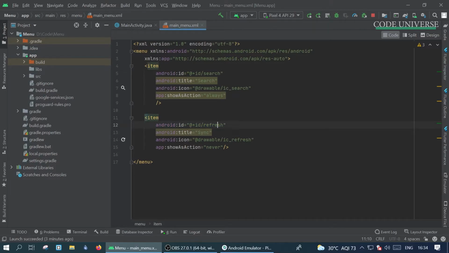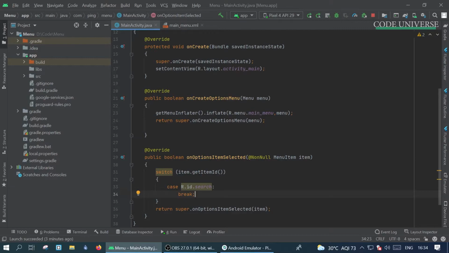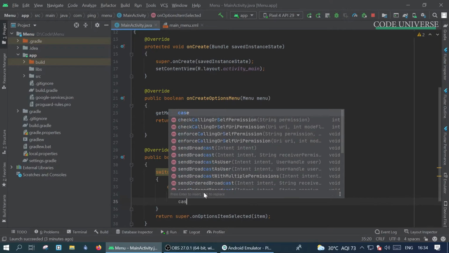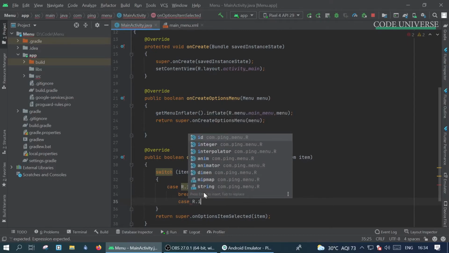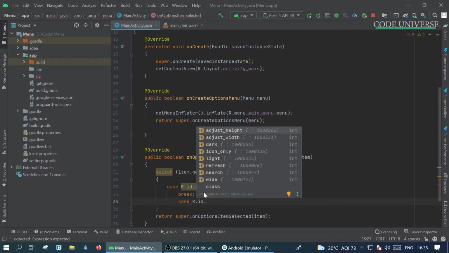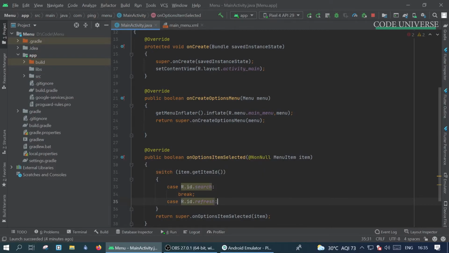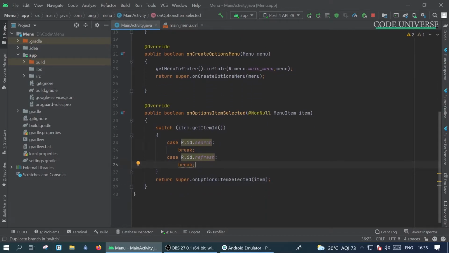Similarly, we need to provide the ID for the other case, R.id.refresh, and then a break statement. I have created two cases because I have two menu items. It depends upon how many menu items you have; you will create as many cases accordingly.